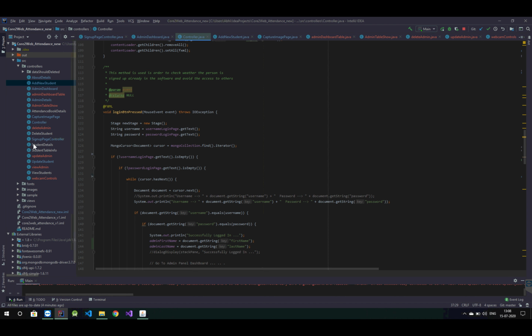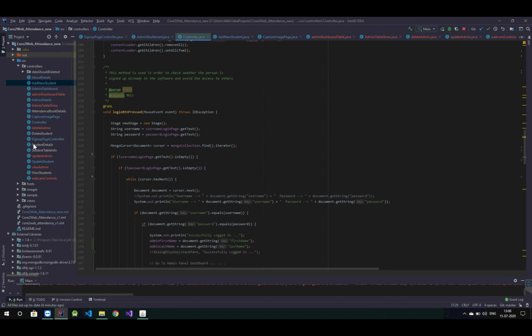As you can see, this is a project that we have made in Java. So we were students studying Java in Core2Web Technologies, and while studying we thought that we should make a project that will gain us more knowledge about Java. So here is the code of our project. We can see by scrolling that the code is very huge.